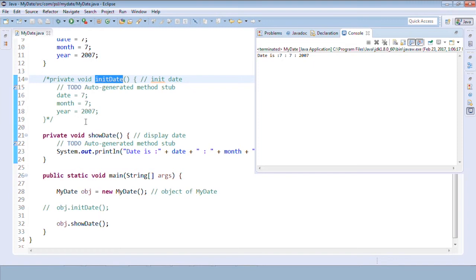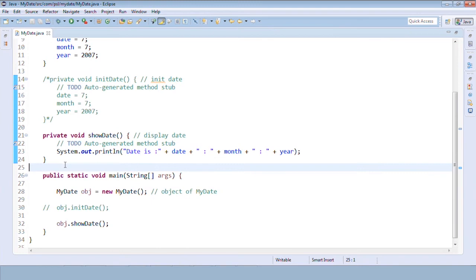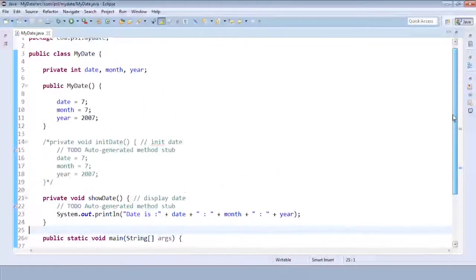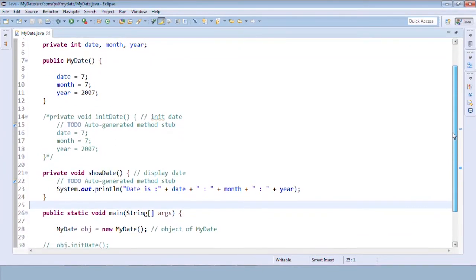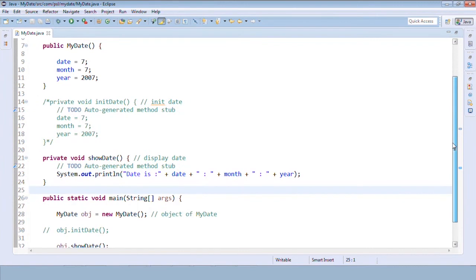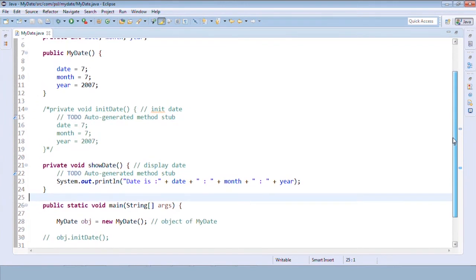Isn't it simple? Okay. So we are done with the default constructors, but if you see, we are just using hard-coded values inside these